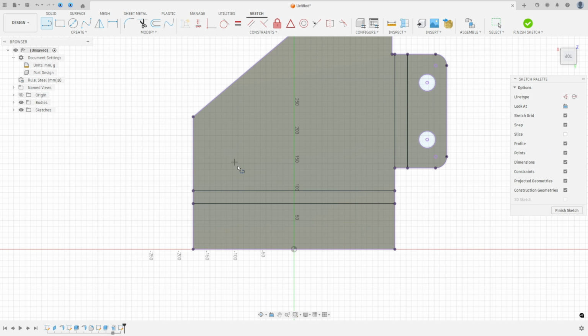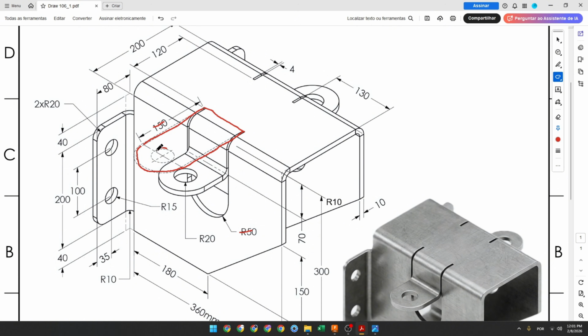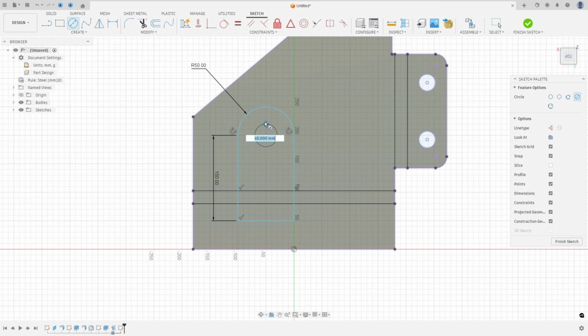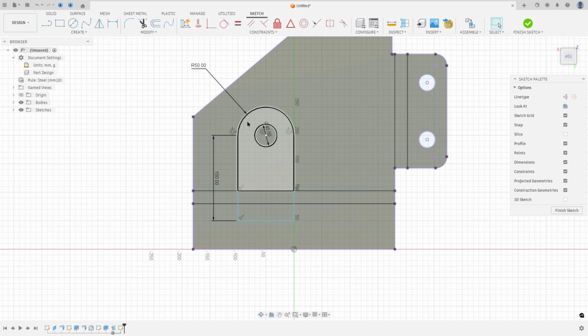So select line, click here, make a line here with 150 millimeters, create an arc here, and create another line here. Go to sketch dimension, the radius here 50 millimeters, and here we have a circle here. This hole has 20 millimeters of radius, so select the circle, make a circle here 40 millimeters of diameter, concentric